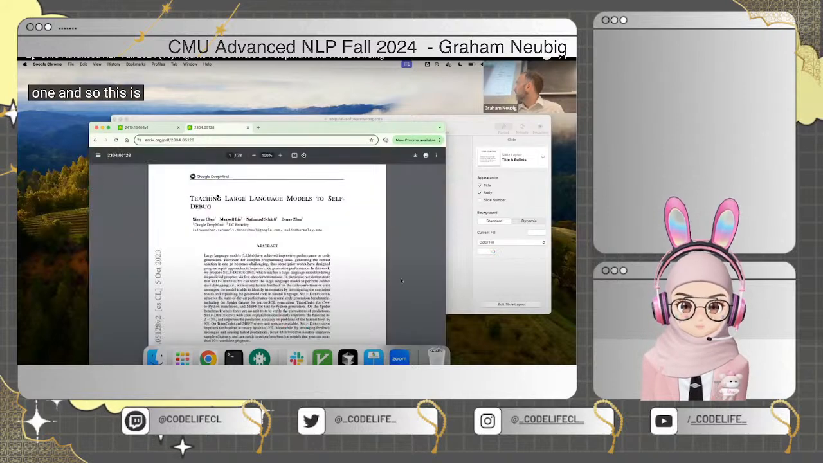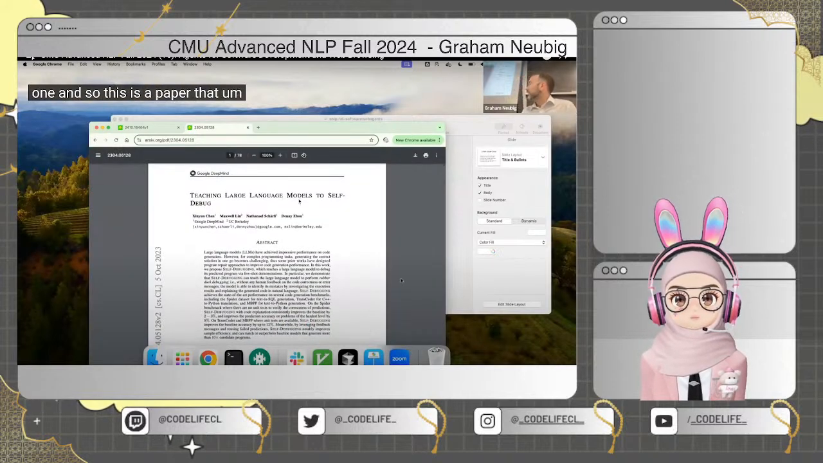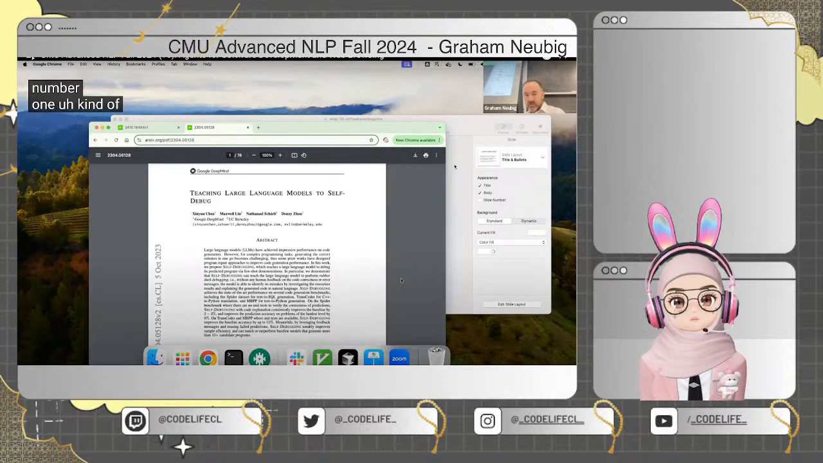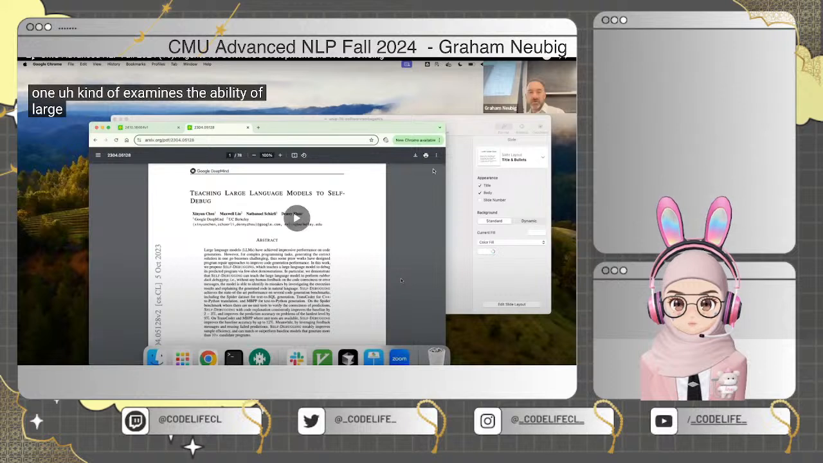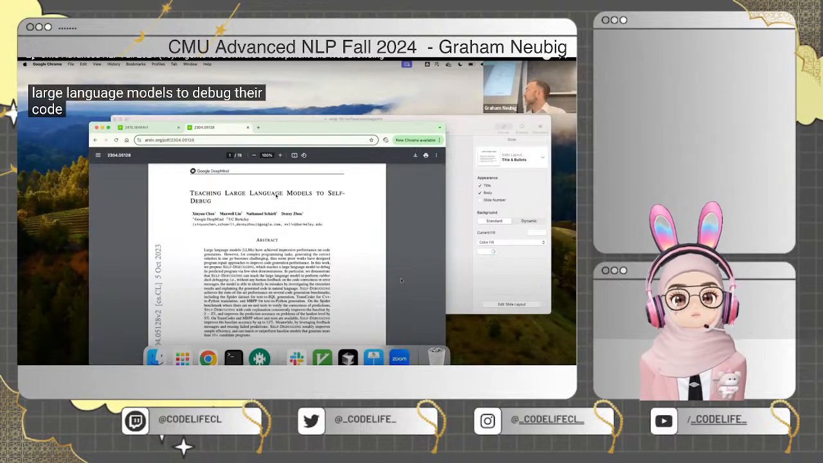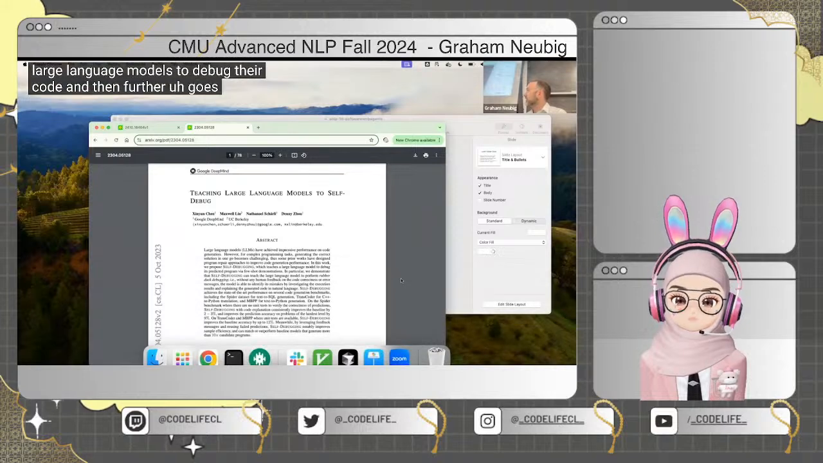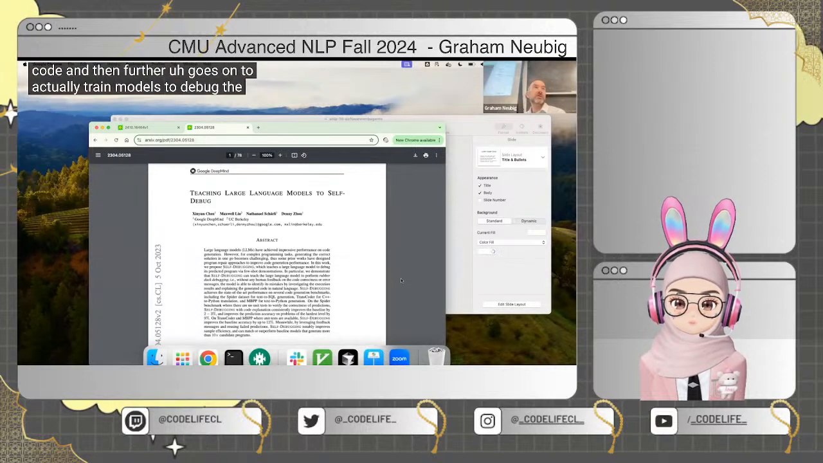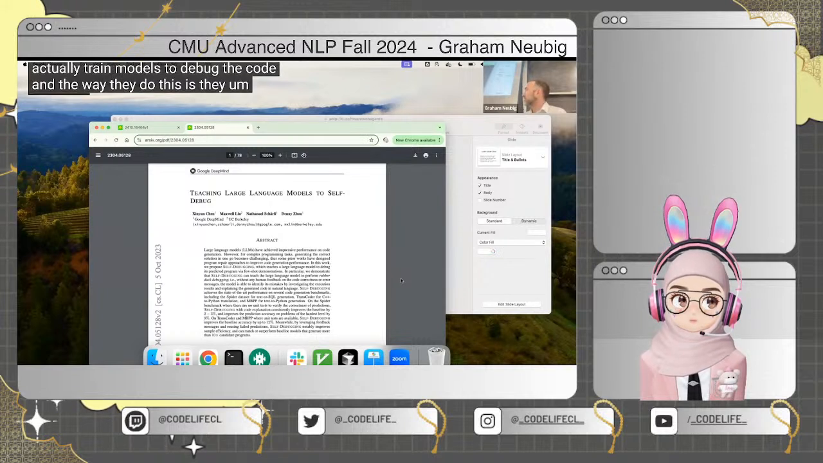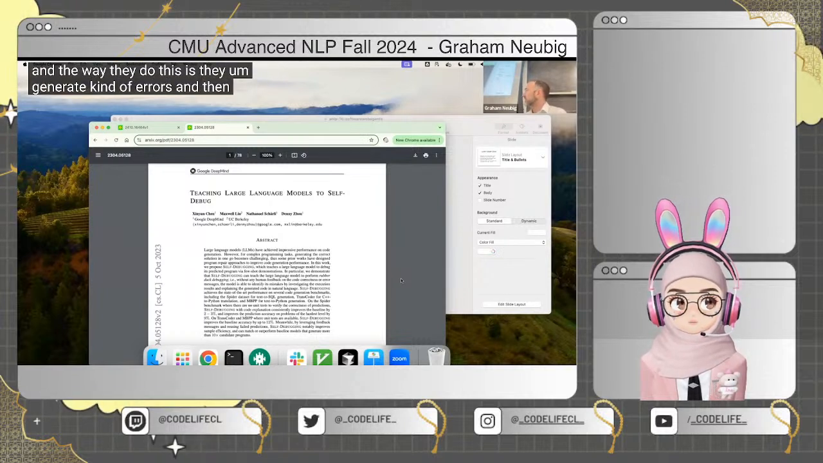And so this is a paper that, number one, examines the ability of large language models to debug their code, and then further goes on to actually train models to debug the code. And the way they do this is they generate errors and then train the model